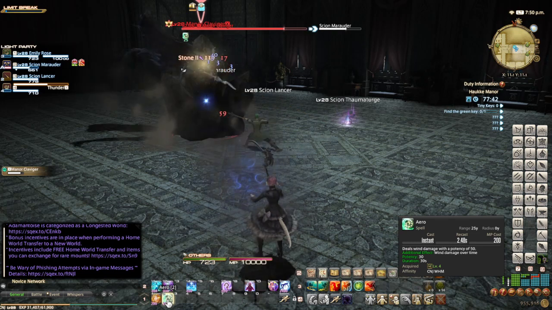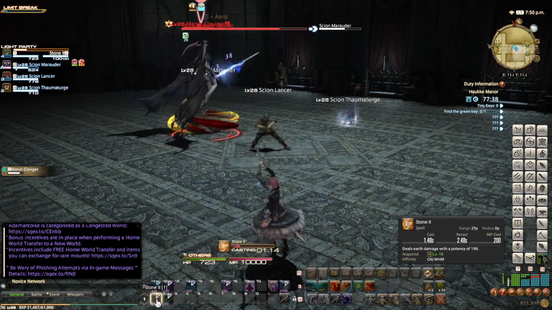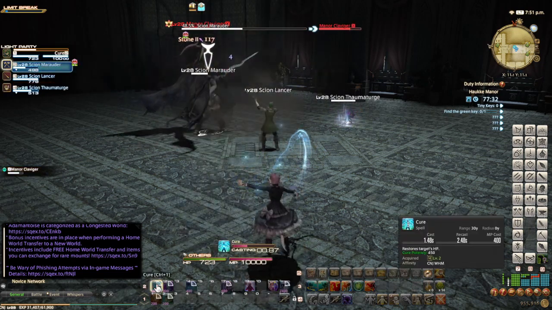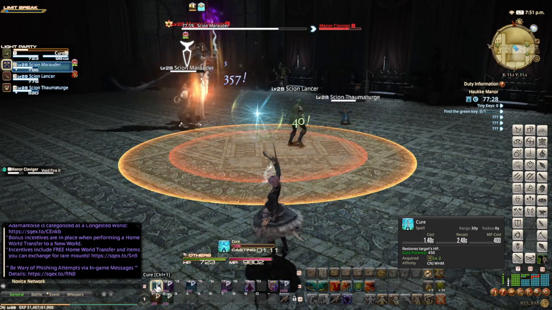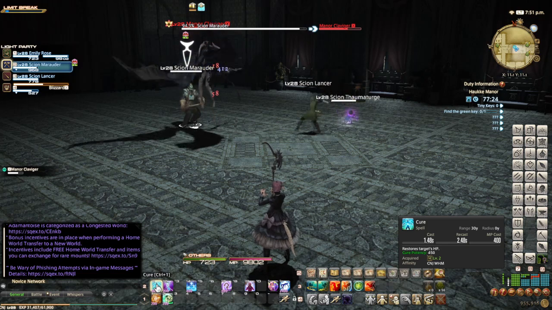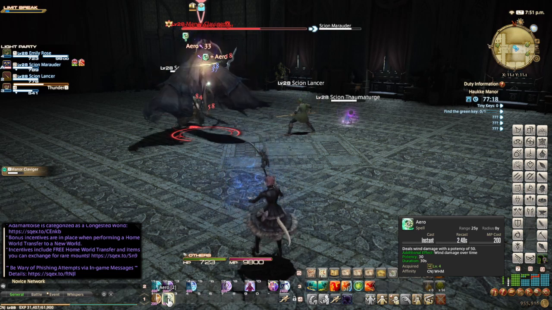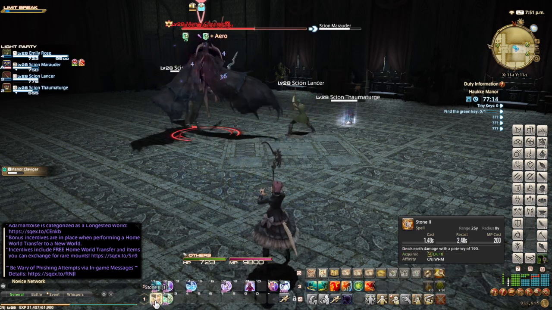Oh, that's right, that's her other trick. She will randomly target a player with that Void Fire attack. And she has a pretty wide arced frontal cleave, so... But it looks to me like the NPC knows what they're doing on that part, so...